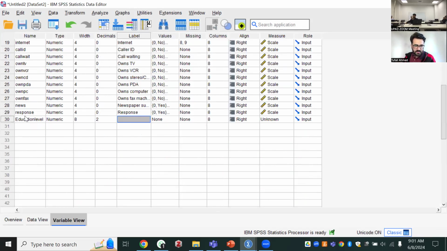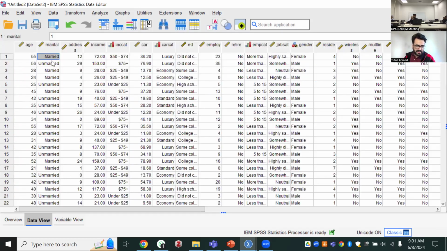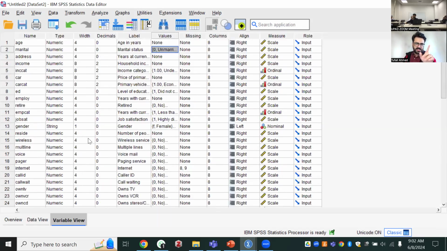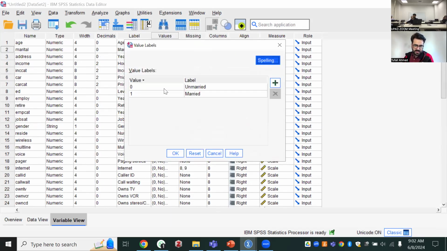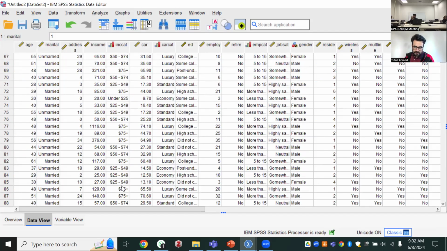And this is your variable view. You have all these variables, you enter them. What is the type of variable? For example, it can be scale, nominal, or ordinal. How do you want to label them? You see here it is married and unmarried. I usually specify it here. What can be the value? I see two values here, married and unmarried. And when I want to enter data, I have to enter it in data view.